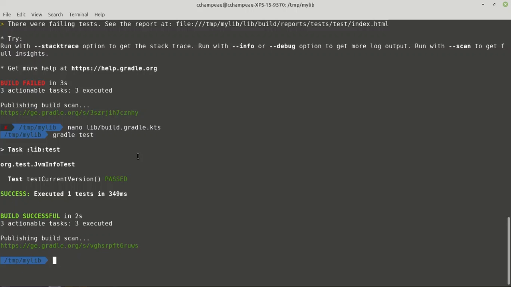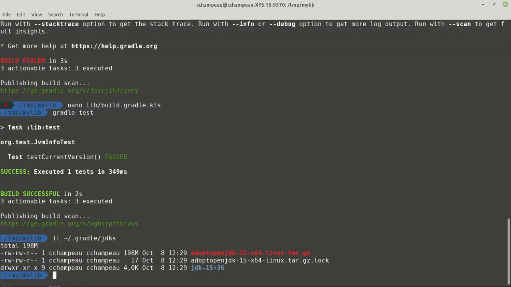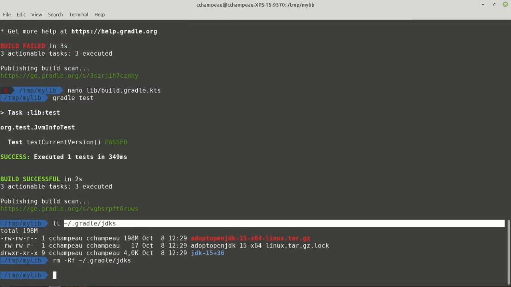However, something happened under the hood there. Gradle itself is still using 11, the tests are using 15, but there was something more happening. In particular, if you look at this .gradle/jdks directory, this is where Java 15 was found. If I actually remove this directory and execute the build again,